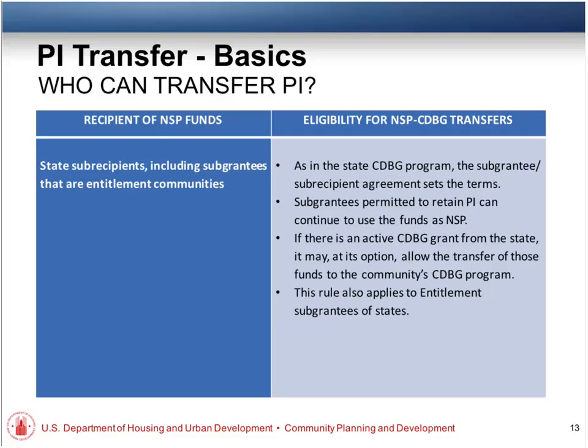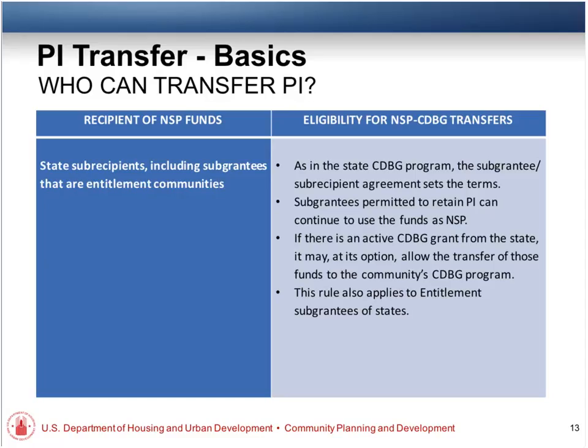And most of their NSP agreements, I think, kind of follow those terms. So if the subrecipient agreement says you can keep the program income, then you can keep the program income. If the subrecipient agreement says they have to go back to the state,